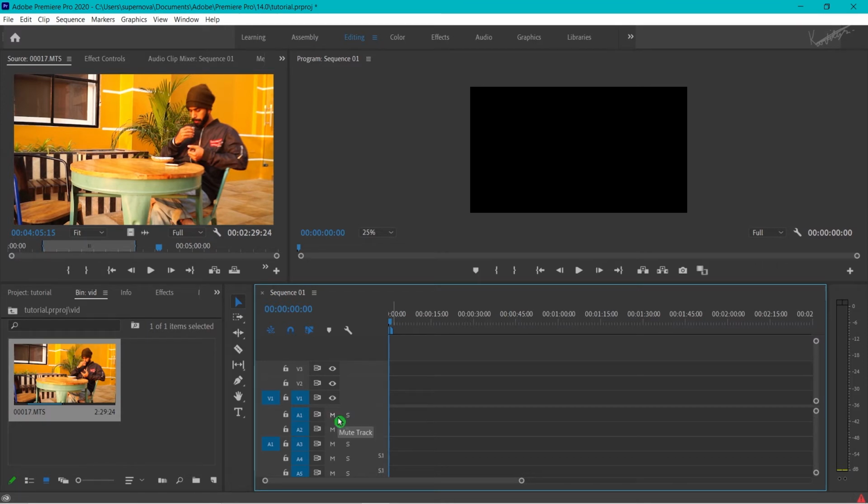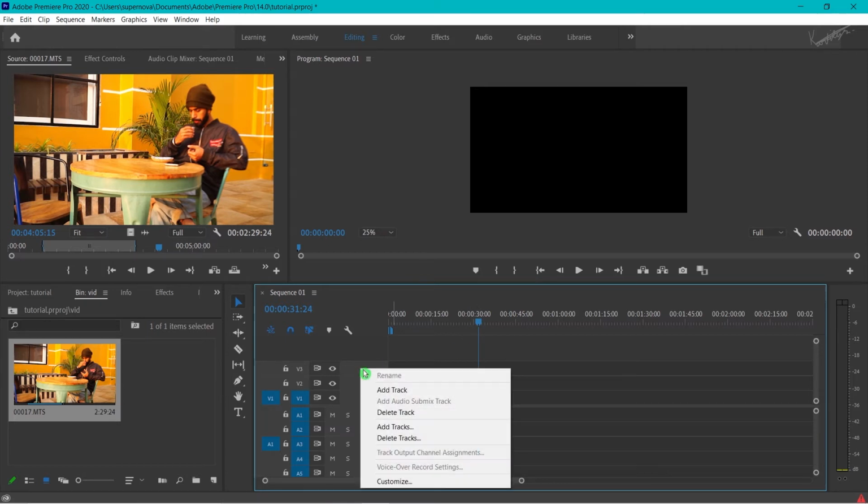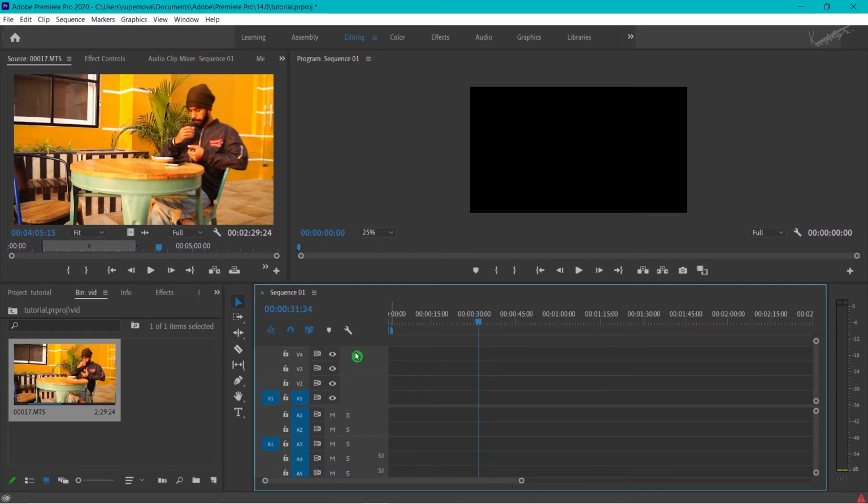The timeline is displayed with a blue color playhead that indicates the current time position on a timeline. A vertical blue line with a playhead indicates the exact time frame of audio and video tracks. Tracks can be added or deleted from a timeline. To add a track, right-click the video or audio track header area and select Add Track. Now this is a program window. The result of the editing process that takes place in the sequence timeline is displayed in the program window. It has the same set of playback control buttons that are available within the source monitor.